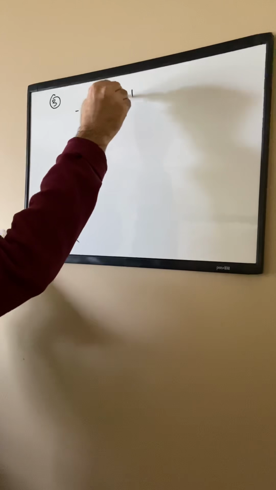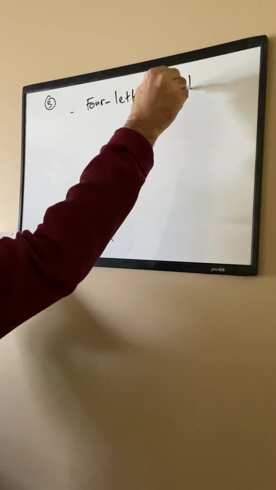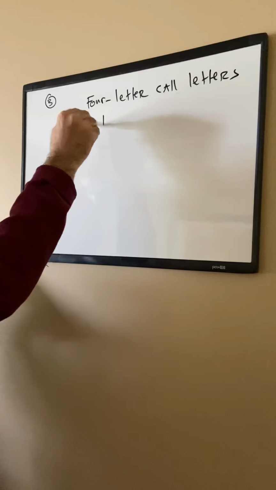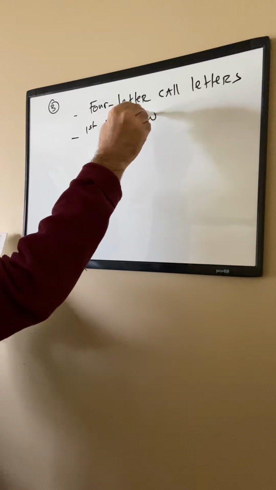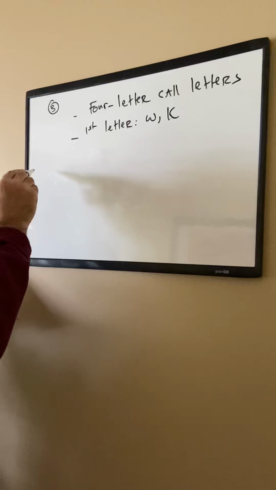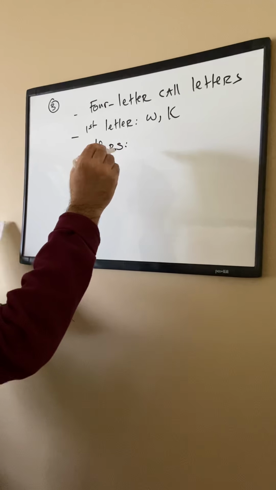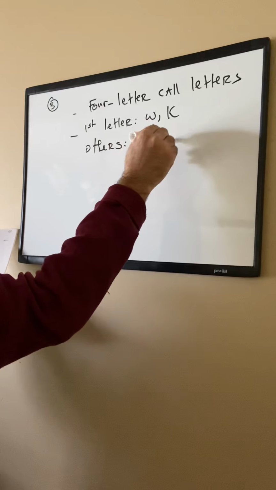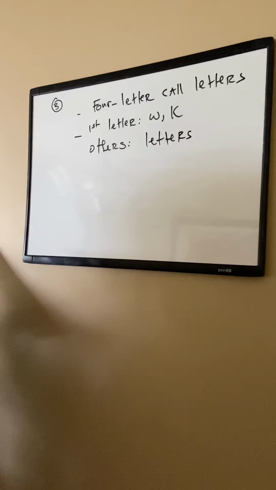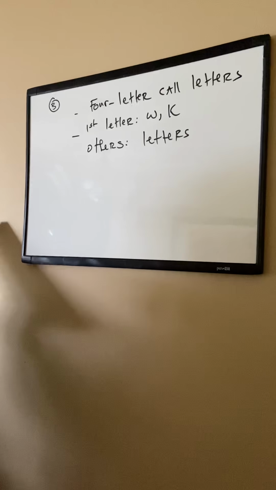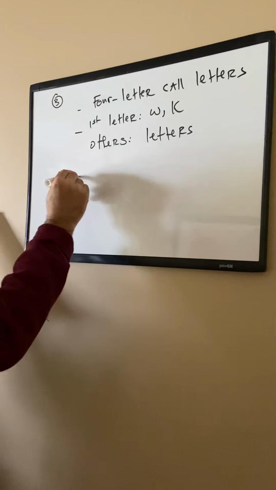Example number 3, we are given a problem where we have 4-letter call letters. We are given that the first letter can be a W or a K, and the others can be letters of the alphabet as well. The question is, how many combinations of 4-letter call letters can we have if repetition is allowed and if repetition is not allowed? So if repetition is allowed,